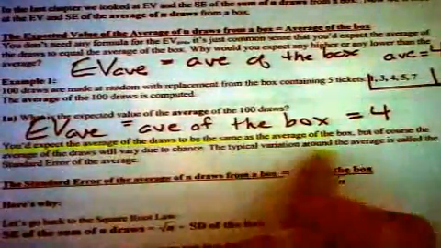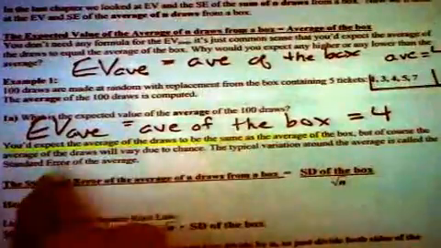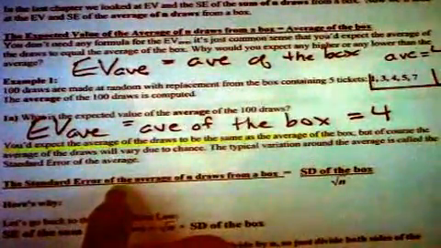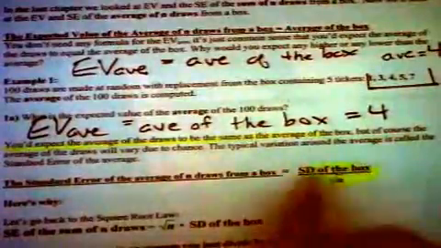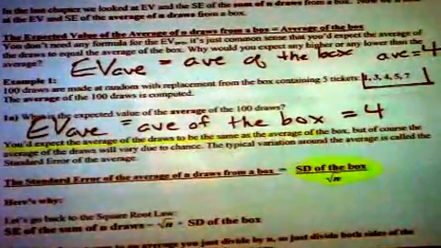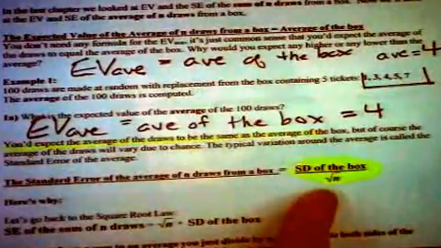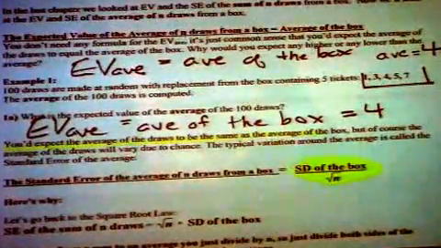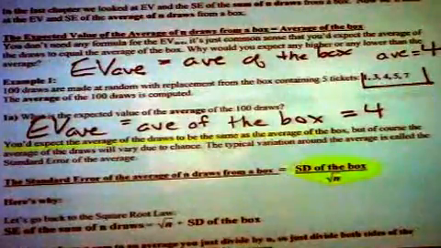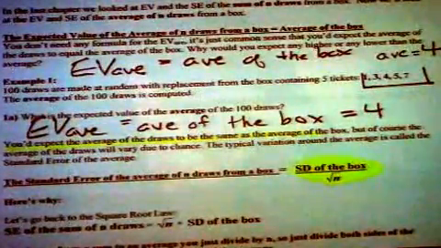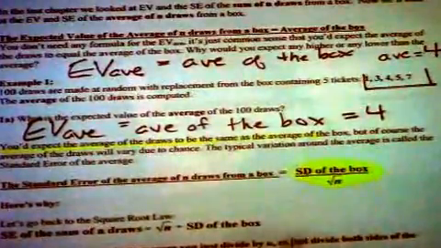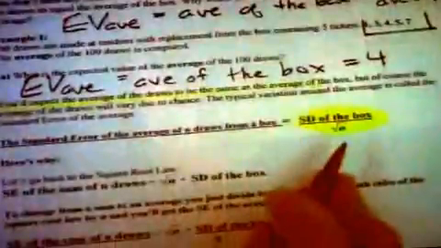This is a chance process. So the typical variation around the average is called the standard error of the average. And here's our formula for it. It's the standard deviation. It's very similar to the one for the sum, except you divide by the square root of n. Because with an average, you sum things up and you divide by n. With a sum, the more times you draw, the bigger the sum gets, so the bigger your error would get as well.